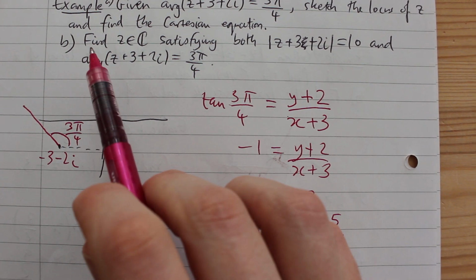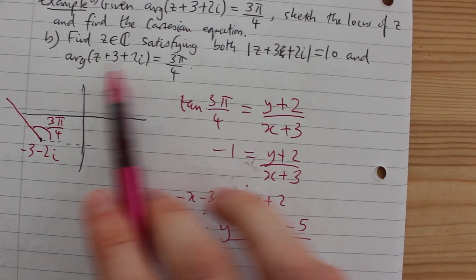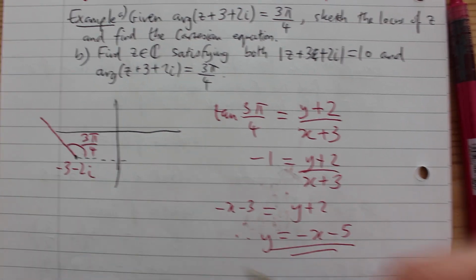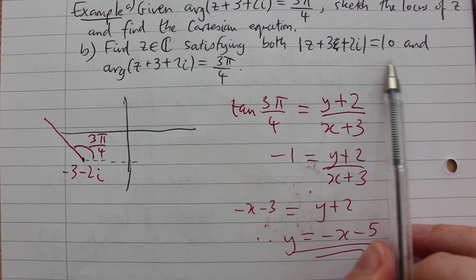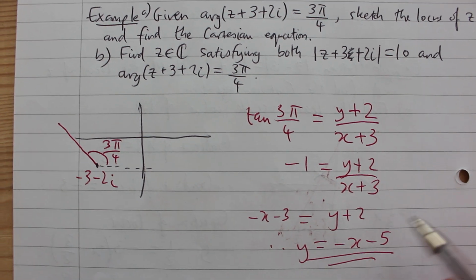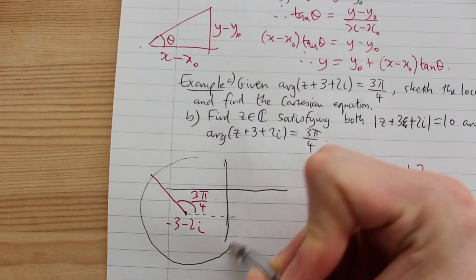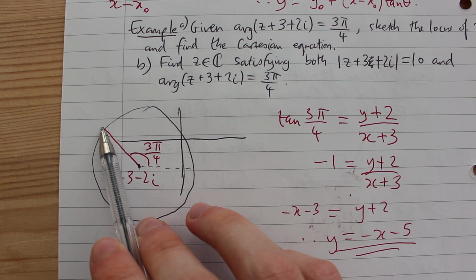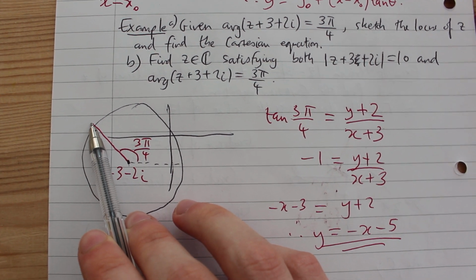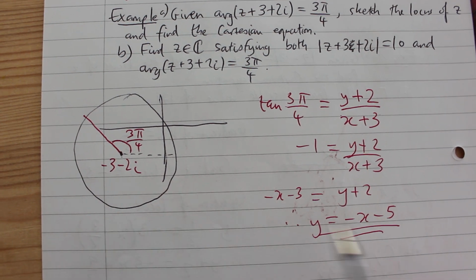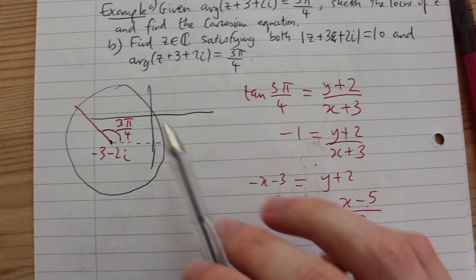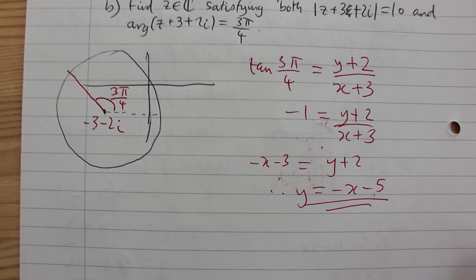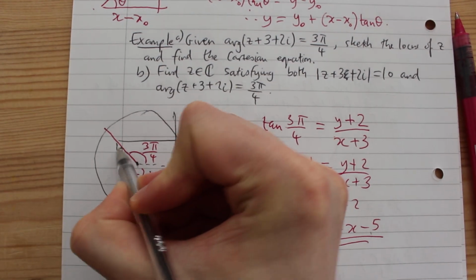And then to find a complex number z satisfying this, and also that the modulus of z plus 3 plus 2i is 10, we also have that it lies on the circle centered at this point of radius 10. So if we were to draw a circle around this point of radius 10, we have one point of intersection over here. There are a couple of ways we could do this. One is to use this Cartesian equation, find the Cartesian equation of the circle and solve simultaneously. A more clever way would be to observe we need this distance to be 10,